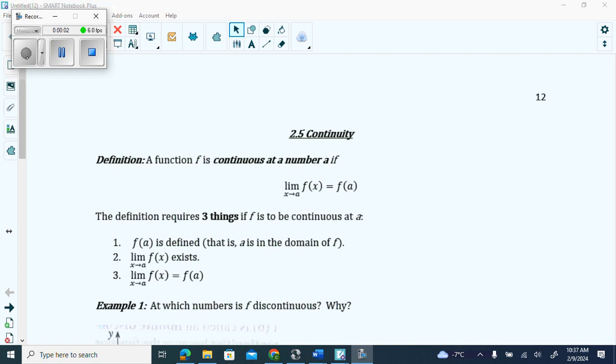With limits, we have always talked about a limit as how it approaches from the left and the right, correct? Now, if a limit exists at that value, it means that from the left and the right it's the same value, yes? So, in order for a graph to be continuous, from the left,